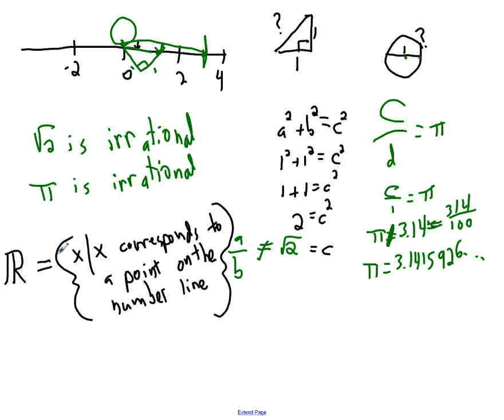This set R is all the values that correspond to a point on the number line. We call that the set of real